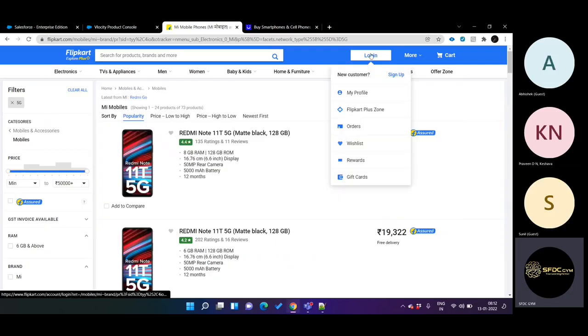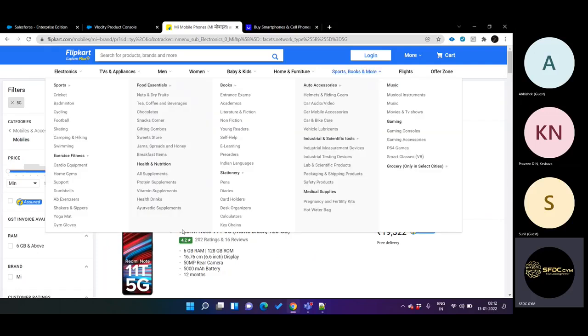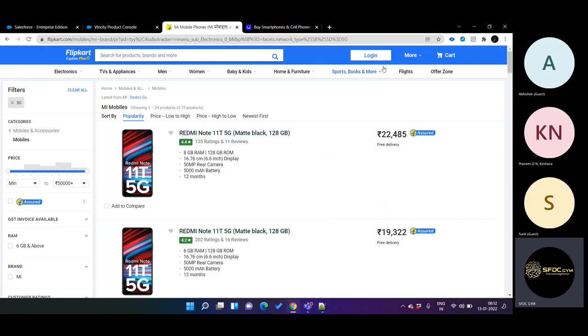That means when you ask users to log in, you ask them to put their email, phone number and shipping address, right? All those things you want users to put, then only you can deliver the product to their location. So since you are now asking for very secure, very personal information, where you have the list of users and you have their personal details like phone number, email, address,